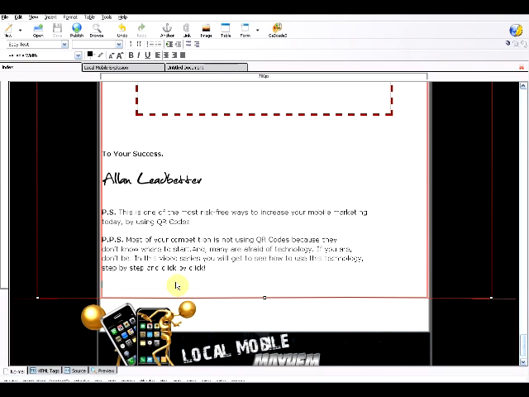So these are links to the home page, our privacy policy, our earnings disclaimer, our terms and conditions, and our contact us. So if I just highlight that and center that,